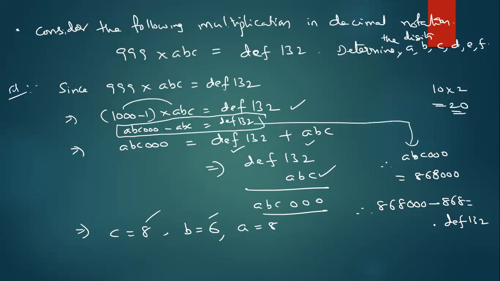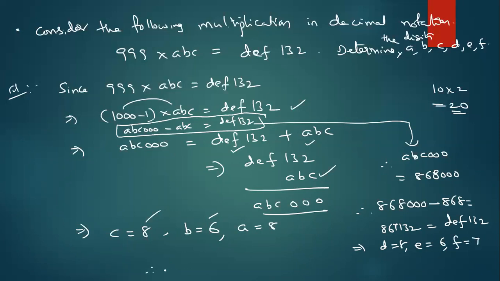Write down. Now from this, subtract, dear students. If I am subtracting this number, clear? What is the answer? 867132. Super. 867132. Now 132. What is the value of D from this case? D is 8. E is 6. F is 7. Therefore, give the conclusion.